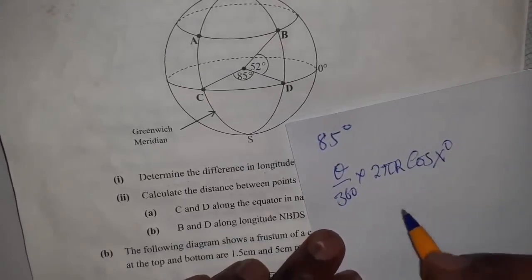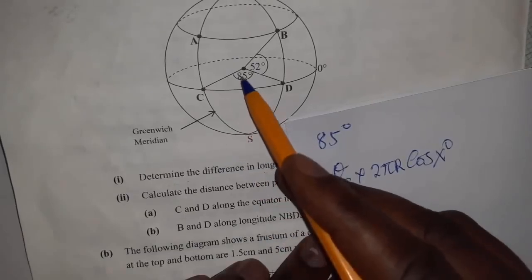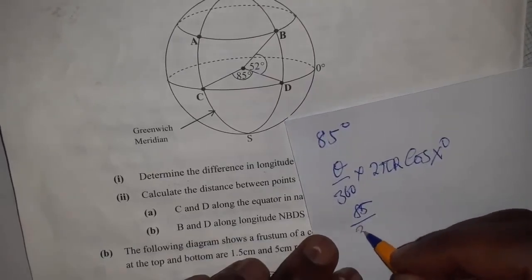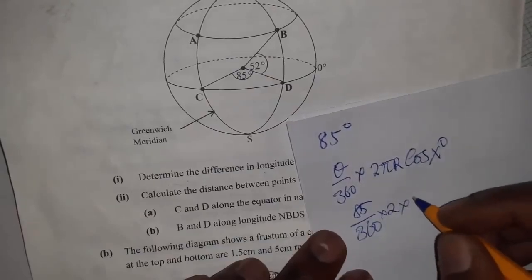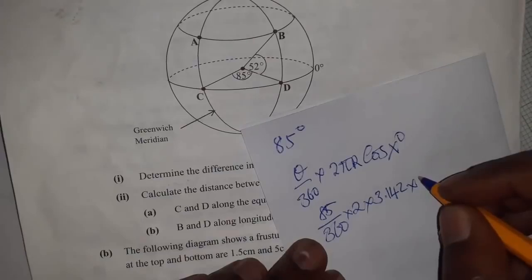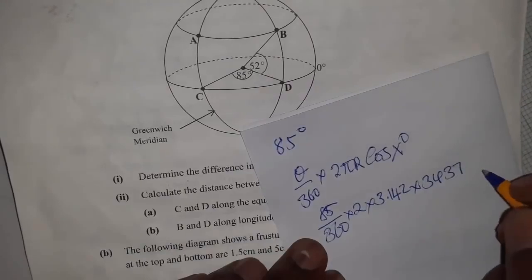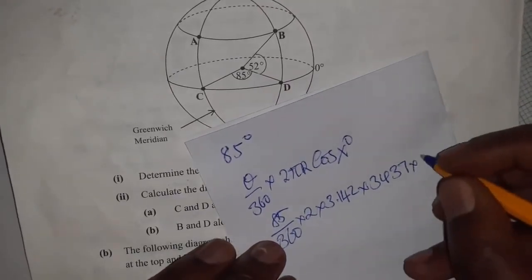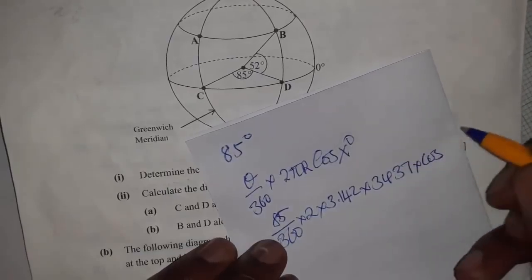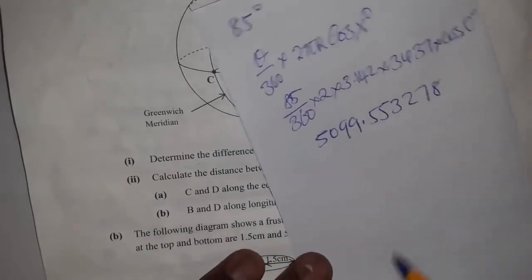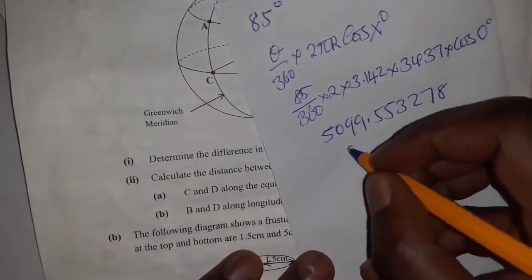Of course you know that theta here is this same angle, which is 85, over 360, multiplied by 2 multiplied by 3.14 multiplied by the radius. Since it's in nautical miles, we use this same one. Now cos 0 is the same as 1. So this is what we are going to get. If you want to round off this, it will give you